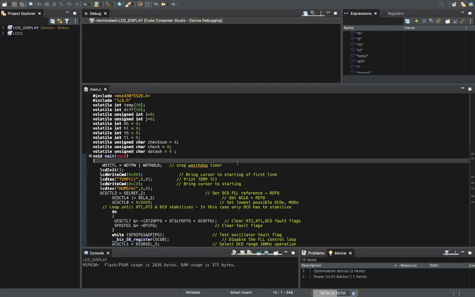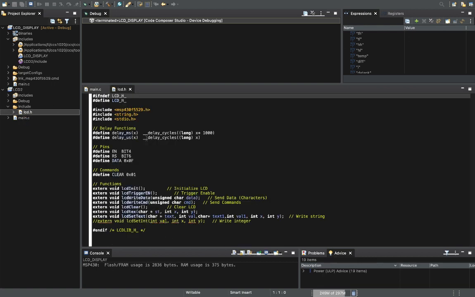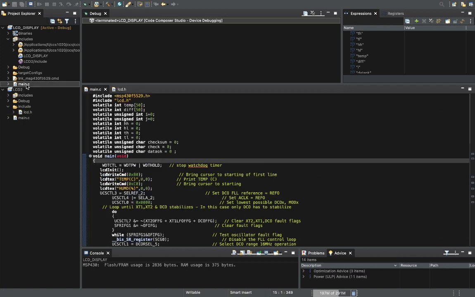Here I have used this platform. Okay, you can see I have already included my header file. I made it here. This is my header file LCD.h, so this is my LCD. This is the main file.